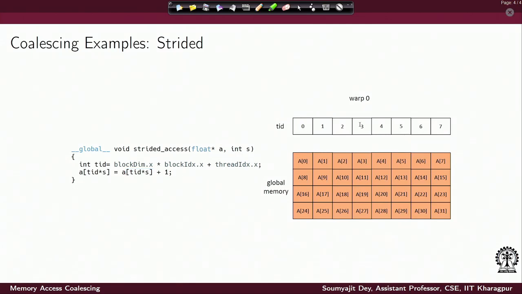Consider again our simplistic example with warp width 8 and global memory accesses happening in 8 times 4 byte width, of course, and those accesses are aligned with this width. So, consider that S value is 2. Now, if S value is 2, I can see that for warp 0, the total number of accesses are actually spread across 2 rows here in our picture. So, for the thread ID 0 to 7, I am going to actually access locations A0. I do not want any access to location A1, because thread ID 1 is going to access A2, thread ID 2 is going to access A4, thread ID 3 is going to access A6, and like that. That is how it continues.